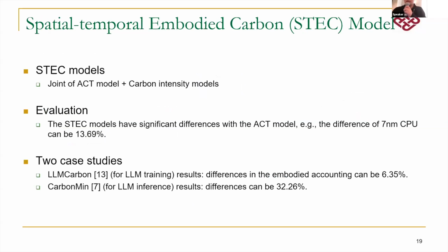And to solve the problem, we propose spatial temporal embodied carbon models by combining the ACT model and the carbon intensity model. We call them STACK models. Our evaluations show the significant difference between the STACK models and the ACT model. For example, the difference of 7 nanometer CPU can be